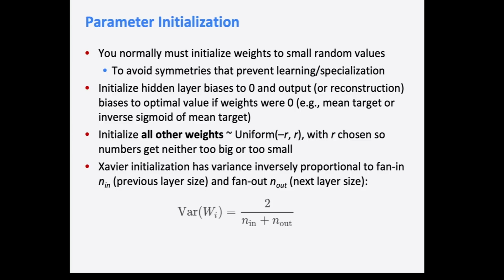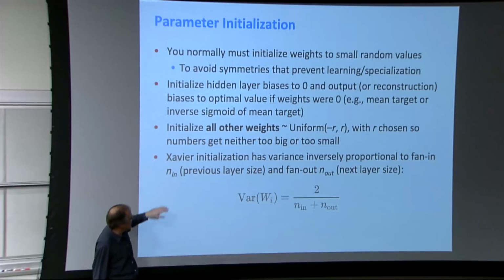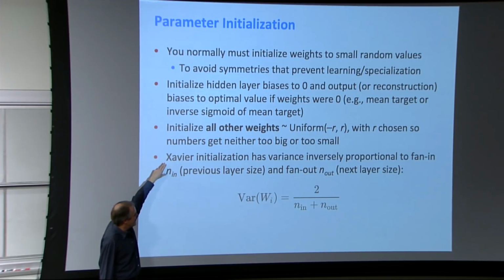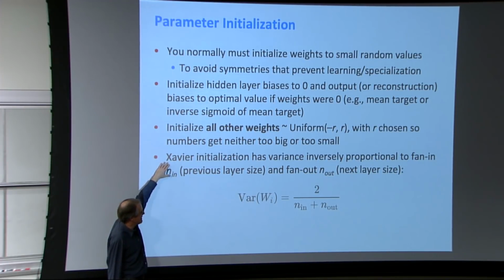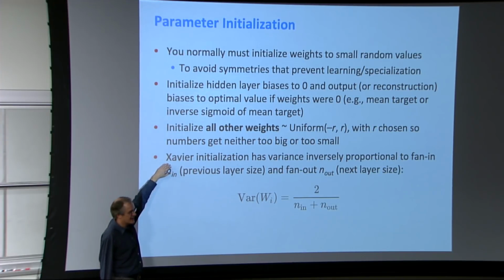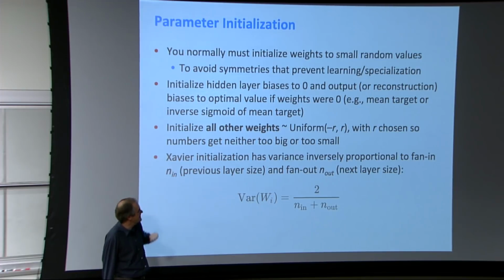When you have biases, you may as well just start them at 0 as neutral and have the system learn the bias that you want, etc. But in general, the weights you want to initialize to small random values. You'll find in PyTorch or other deep learning packages, a common initialization that's used and often recommended is this Xavier